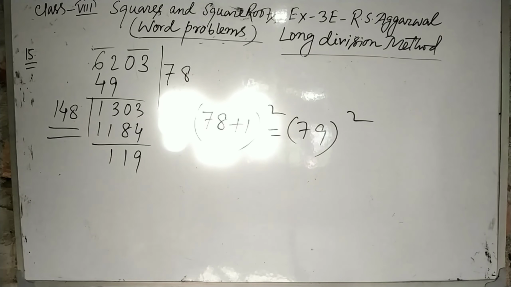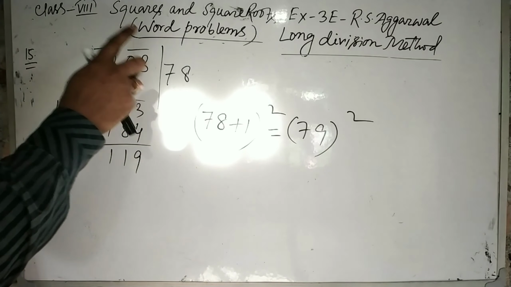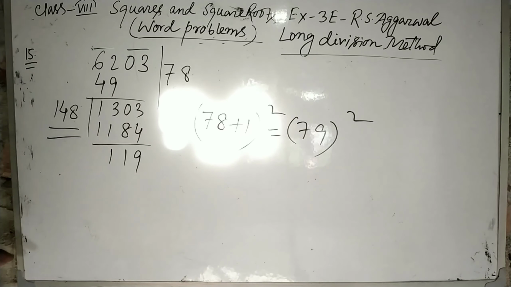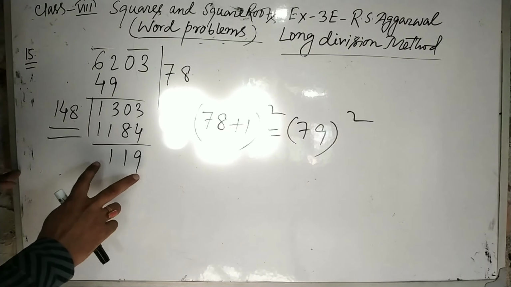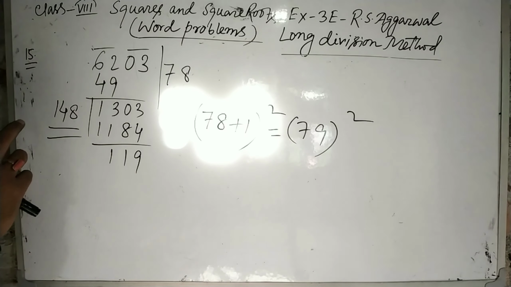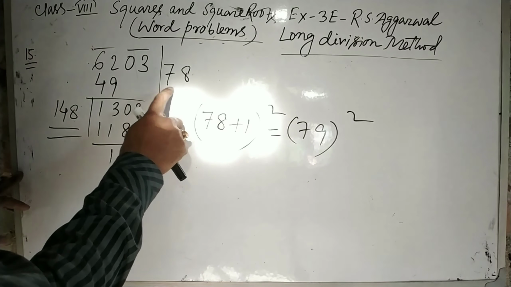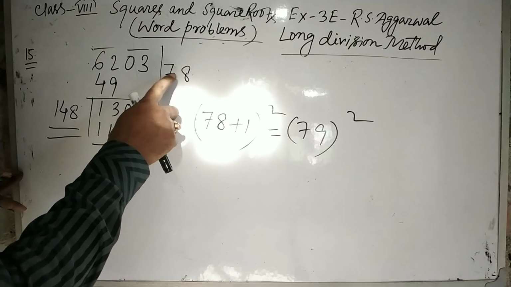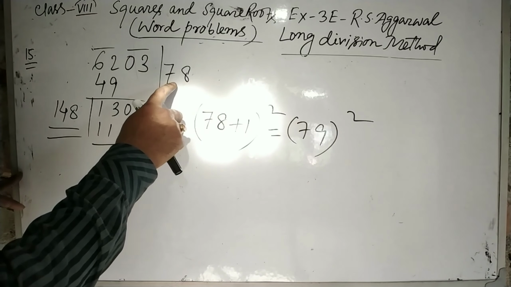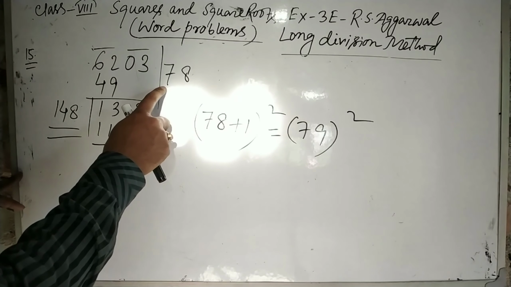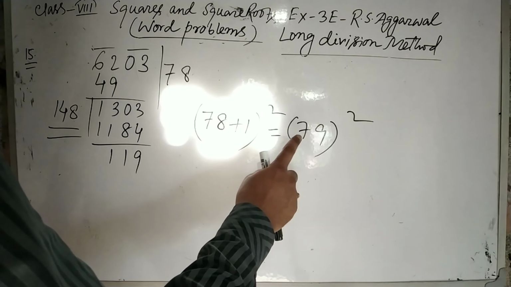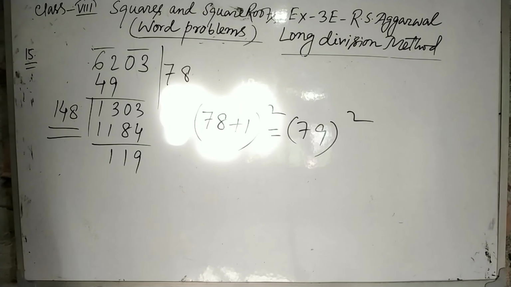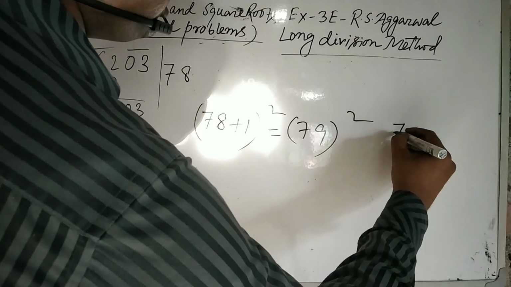Again I am repeating, when the question is you have to find out what number must be added with this type of number given so that the resulting number will be a perfect square number, then you have to do up to this step. Do not subtract the remainder from the given number. Okay? Your square root up to this step is 78. Just take the next number of this number. Here it is 78. So 78 plus 1, that is 79. 79, you have to take its whole square. That is 79 into 79. Calculate it.